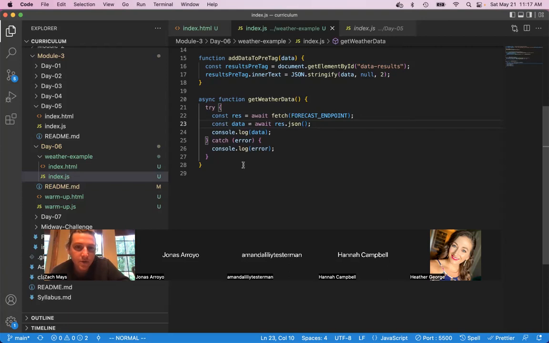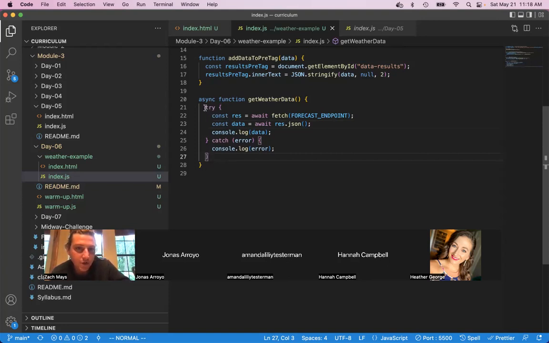And so, yeah, don't you think this is a little bit cleaner than the promise .then style? People typically write asynchronous code like this with async await. But remember, it may fail. It may not work talking to the internet. And so there is no .catch in this style. And so you wrap it in what's called a try catch block,